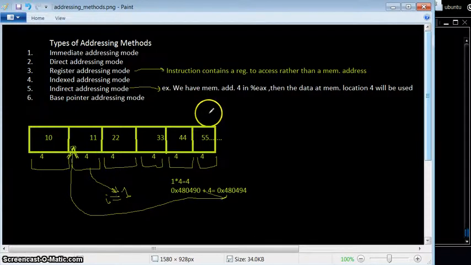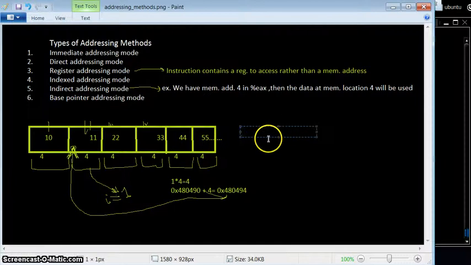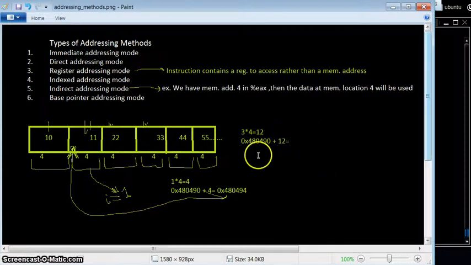If you want to access the fourth element, in our language the fourth element is first, second, third and fourth. So we should set our index as 0, 1, 2 and 3. Setting our index as 3, multiplied by the multiplier, comes as 12. So we have to add 12 to our reference address. It comes out as some value in hexadecimal; I'm not going to calculate it right now.